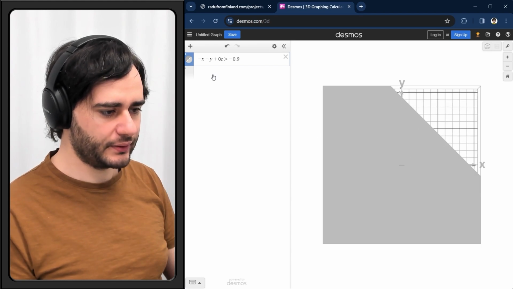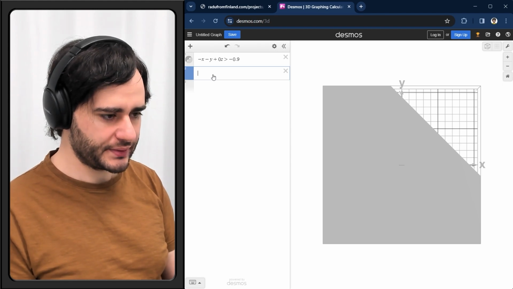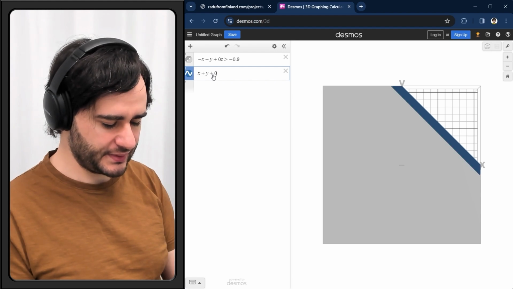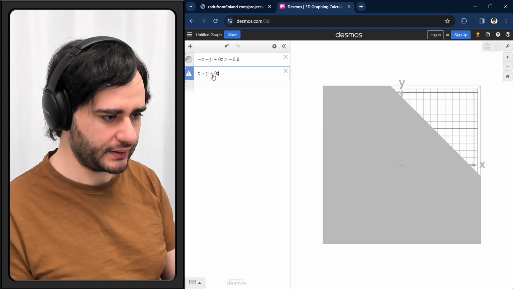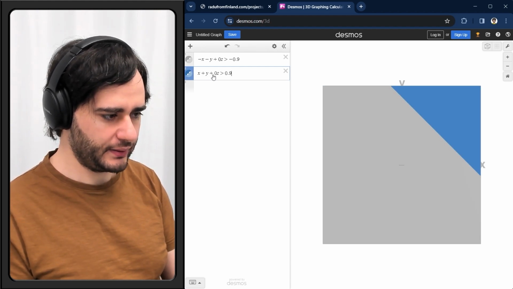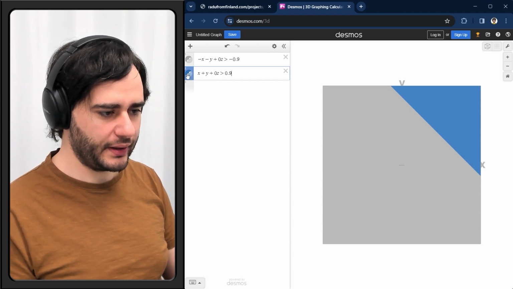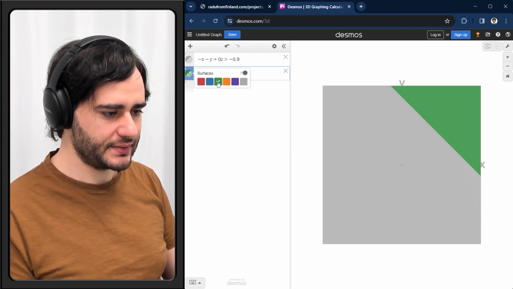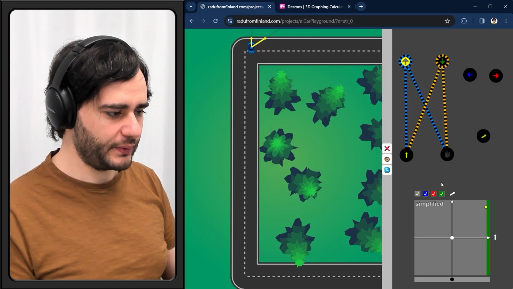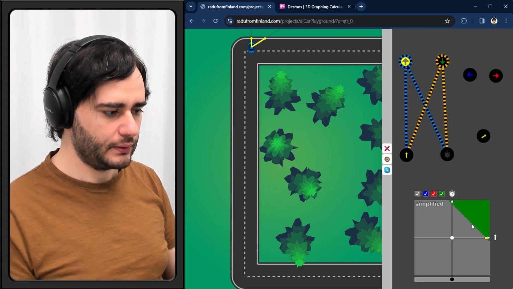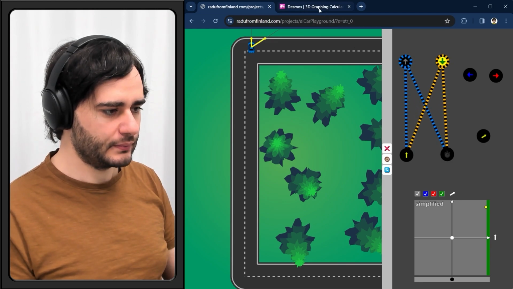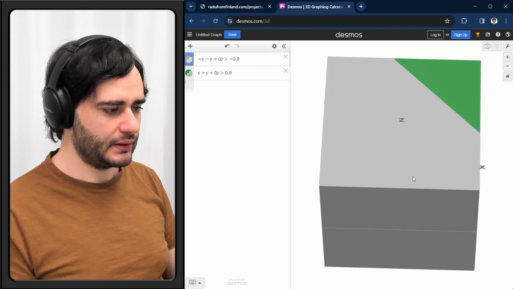And let's add the green one next. So that was x plus y plus 0z. We are not using that at the moment. And this is greater than 0.9. And this is our green area. Let's make it green so it's similar to ours. And it looks pretty much the same as what we have here, looking from the top. But if we look from the side, like this,